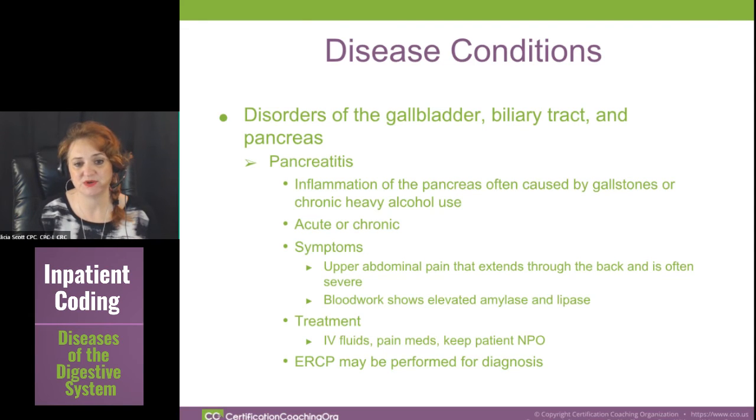Pancreatitis could also be caused by problems with the production of insulin in the body. Diabetics have problems with pancreatitis or cancer, pancreatic cancer. It can be either acute or chronic. The pancreas is up in the upper abdominal area, and it'll end up shooting back through the back. It's extremely severe pain, they say. Never had it, but I've known a couple people that had pancreatitis, and they said the worst pain